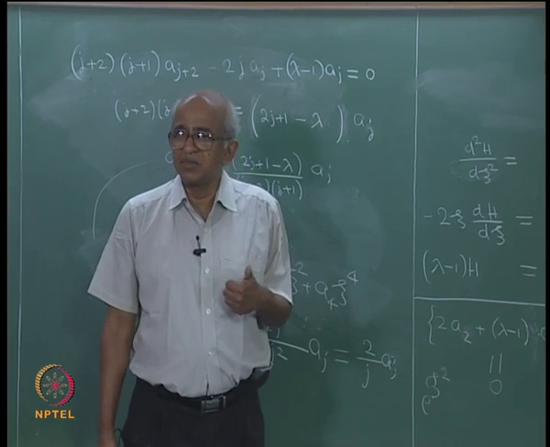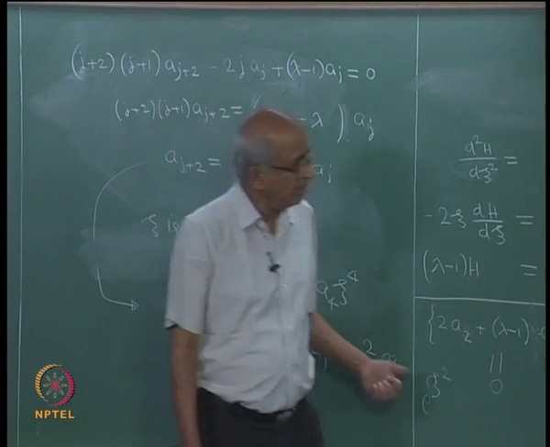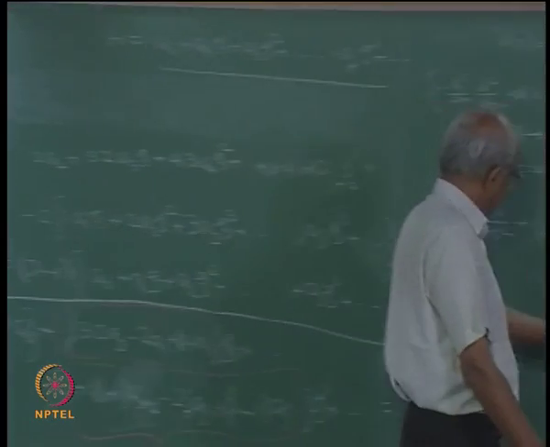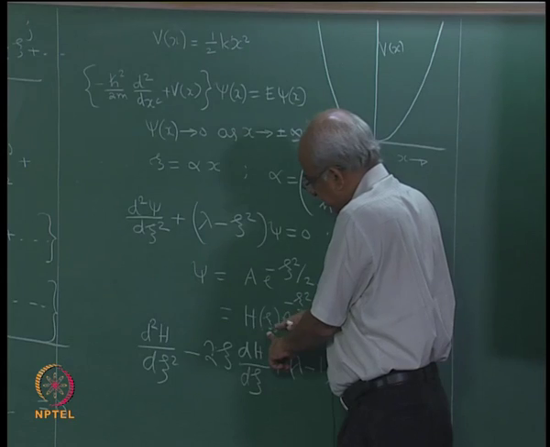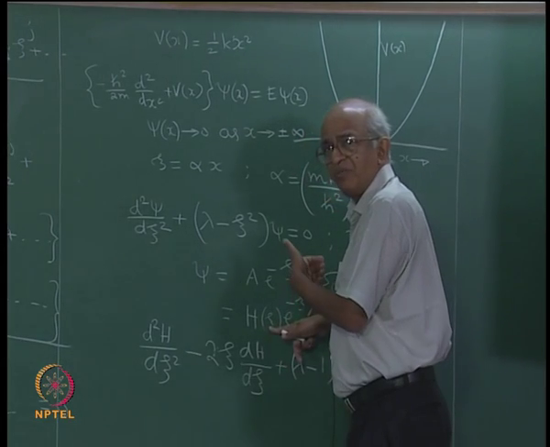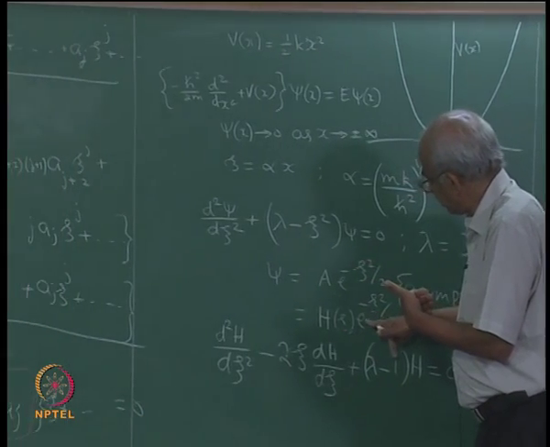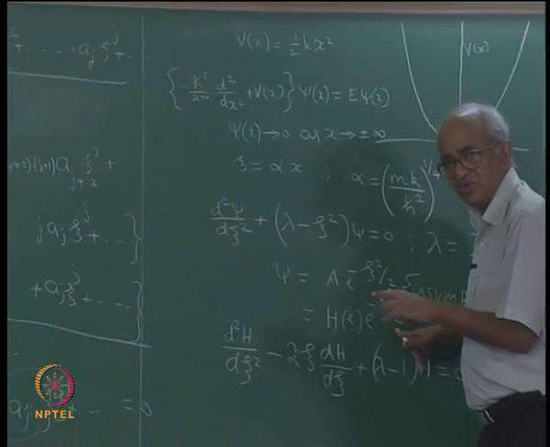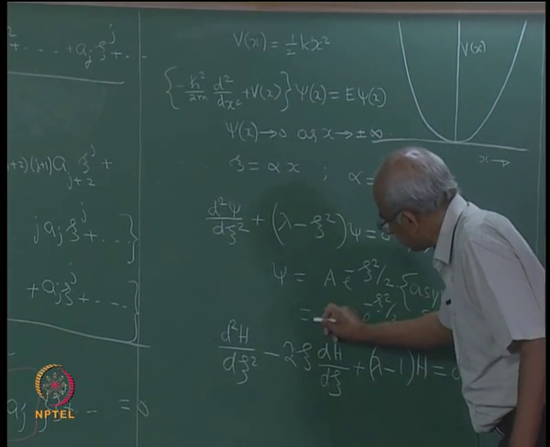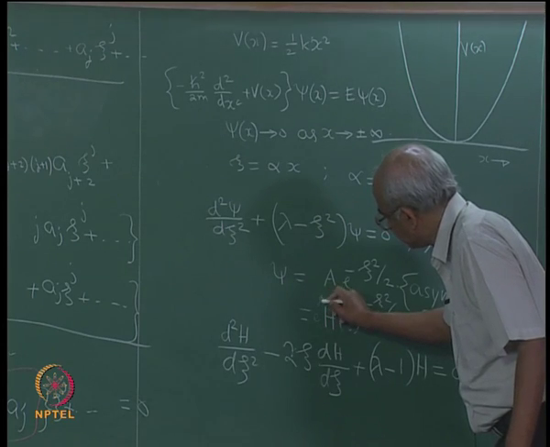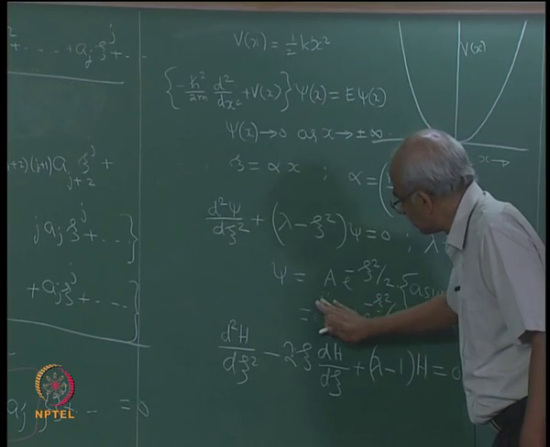Now, if it behaves like e to the power of plus C square, is it acceptable? Well, you look at H, you see H is here. I am now saying that if I had an infinite series, this is going to behave like e to the power of plus C square, and e to the power of plus C square into e to the power of minus C square by 2. The net result is going to be, see, one of them is e to the power of plus C square and the other one is only minus C square by 2. So, therefore, the net answer will be e to the power of